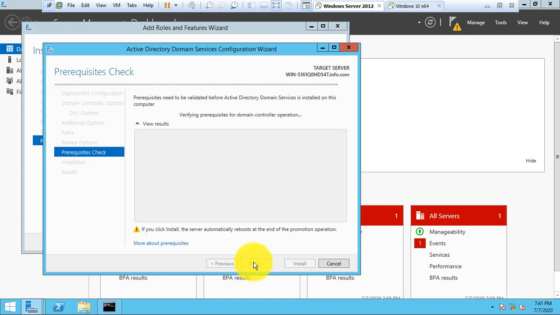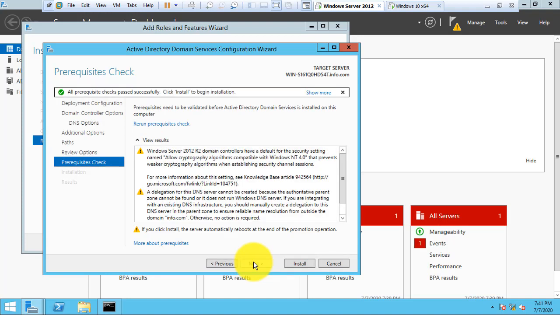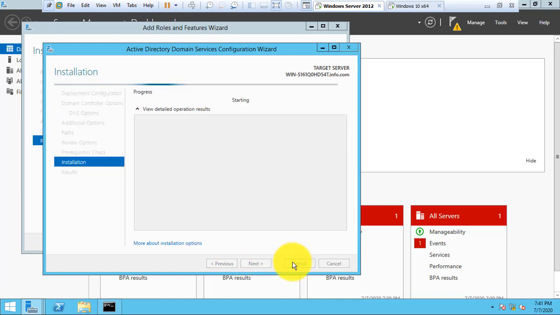Now it is doing the prerequisite check. If there is any error, it will throw it. So the prerequisite check passed. Then we are going to install.